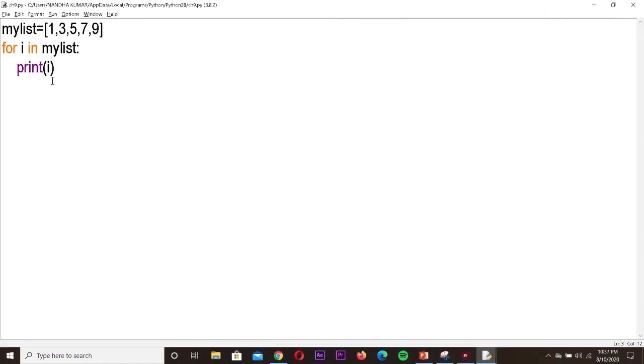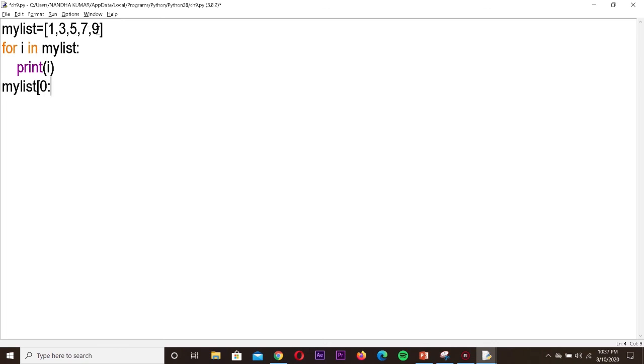Okay, next I'm going to update the values. Okay, so I'm going to change all the elements into even numbers. So for that I have to make use of the range function. Okay, we have to give the range values. So starting index colon ending index. So my list of, we have to specify the starting index. What is the starting index? Colon. And what is the last element index?